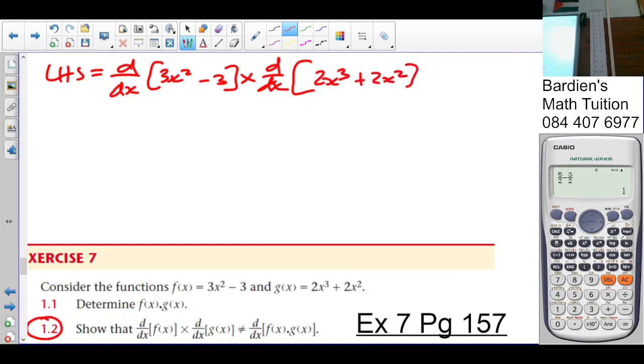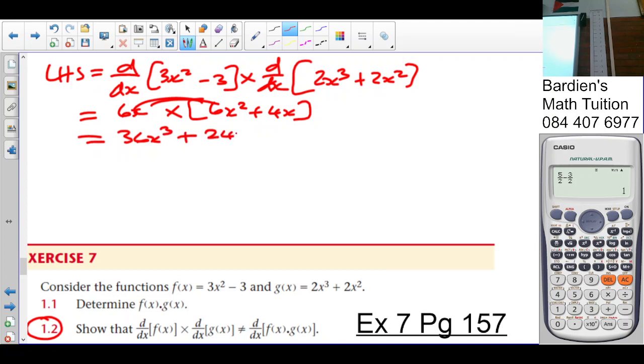Not so? So apply the derivative, we now get 6x times, the derivative here would give you 6x squared plus 4x. Get rid of the brackets, it's going to give you 36x cubed plus 24x squared. So that's the left hand side. The right hand side